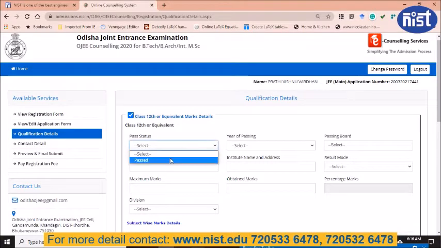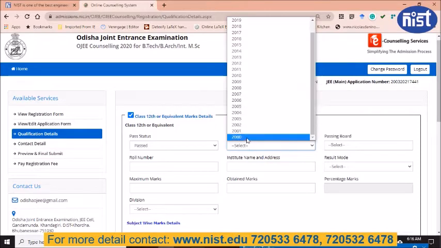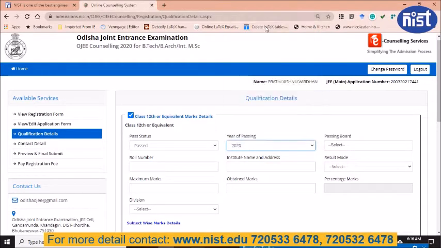Year of passing, that is 2020. You can give the passing board. Okay. Then it will ask for the roll number. You can check your mark sheet and write the roll number. Then it will ask for the institute name. You can write whatever is written in your mark sheet.